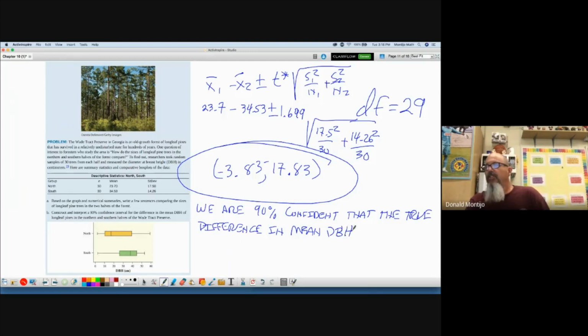Remember, DBH is just the mean diameter around the tree at breast height. The true mean difference in the DBH in the southern trees and the northern trees, right? So we are 90% confident that the true difference in the mean DBH is between